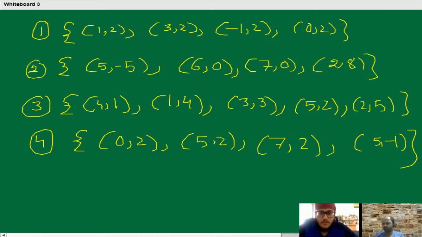So these are the four values. Like in the first option, a few values are written as said. Second one, third one, the same thing, fourth one. So we have to identify which one represents a function, which can be possible values for a function. Possible values for a function are...